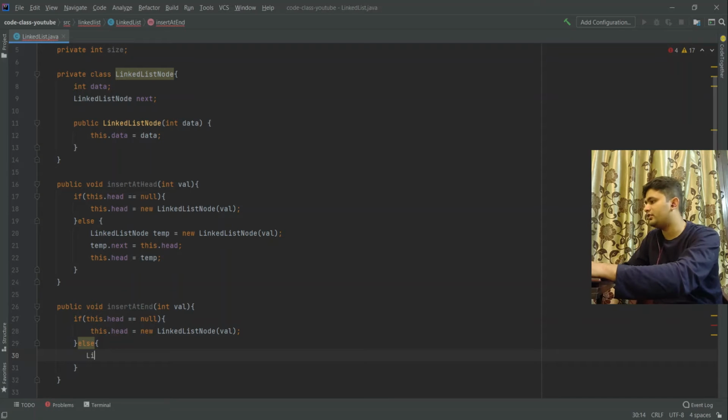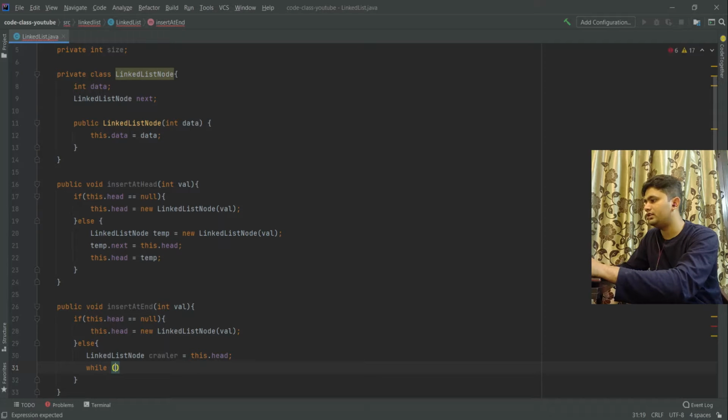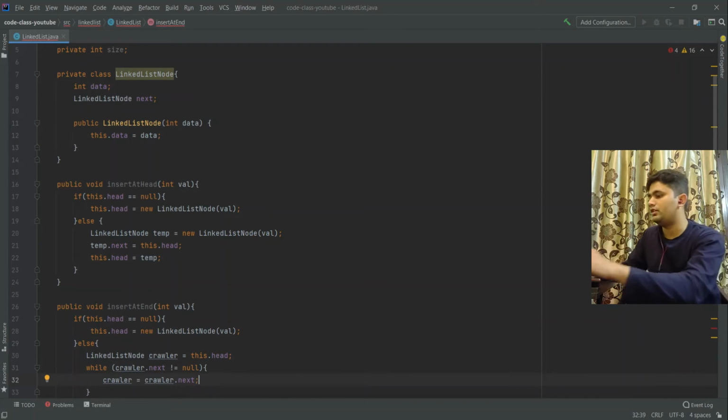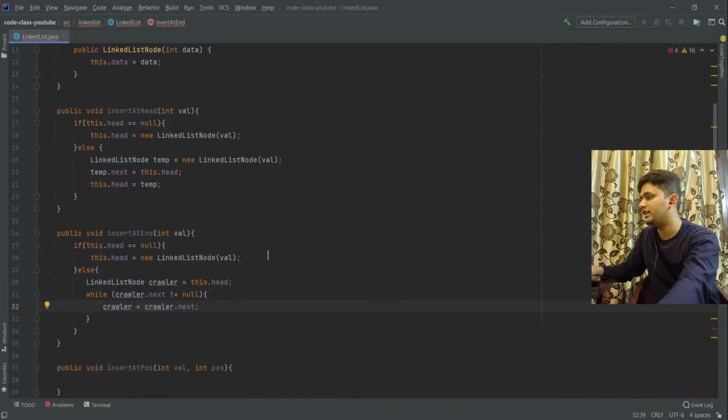now we will create our crawler. The crawler will initially be at the head, and we do a while loop until crawler dot next is not equal to null. In the loop we simply crawl through the linked list: crawler is equal to crawler dot next, so it moves ahead in the linked list.